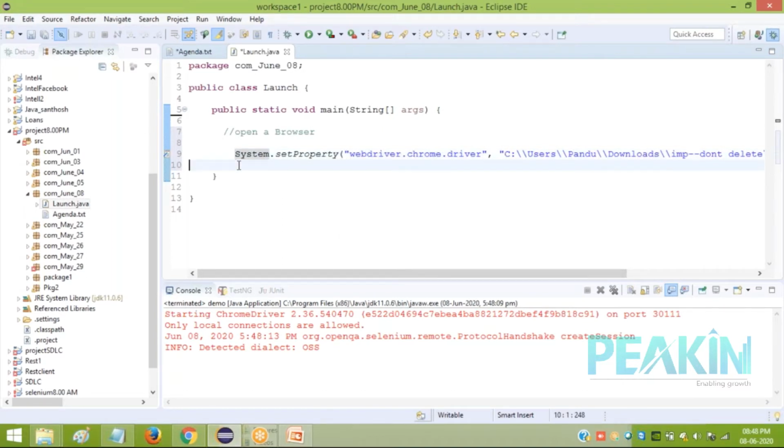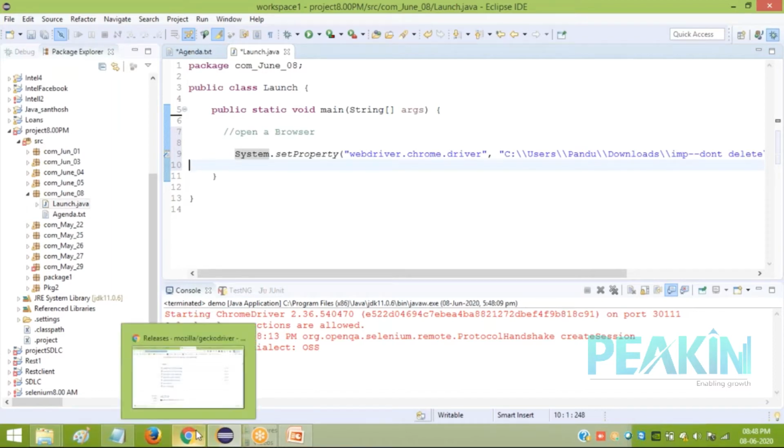Next point is, everything is accessible with the help of an object. If you want to access the browser, to open it you must create an object for a class, right?